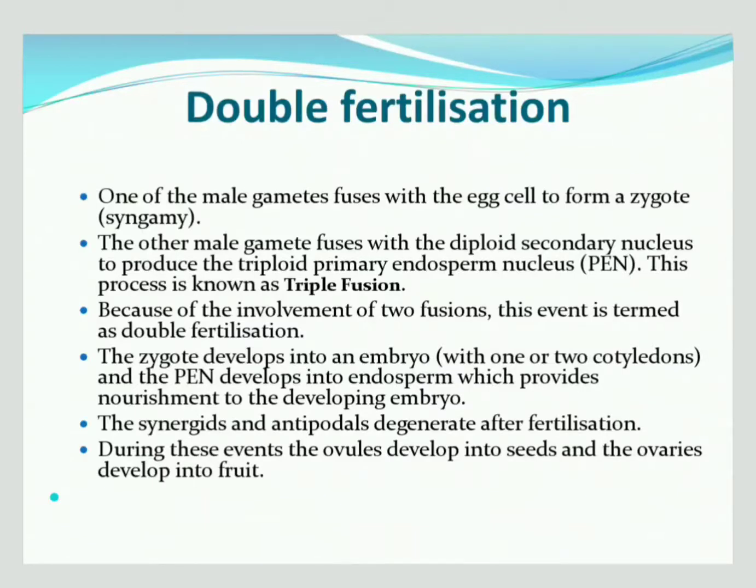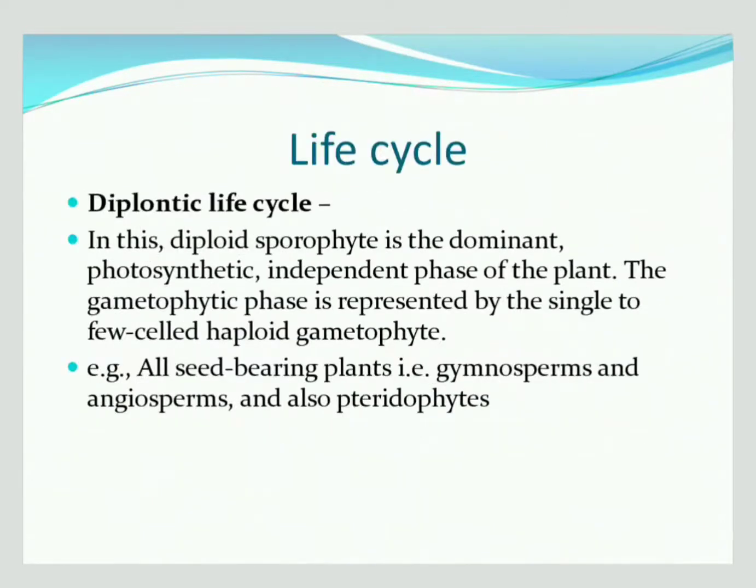The zygote, after syngamy, where egg and male gamete fuse, develops into the embryo, and later the primary endosperm nucleus develops into endosperm, which gives nourishment to the growing embryo. Remaining parts will disappear. The life cycle of these 3 divisions of plants, pteridophytes, gymnosperms and angiosperms, shows the diplontic life cycle. That is, the diploid sporophyte is the dominant one, which is the independent phase. The gametophytic phase is represented by a single or few-celled haploid gametophyte. So the dominant one is the diploid, so we are calling it as a